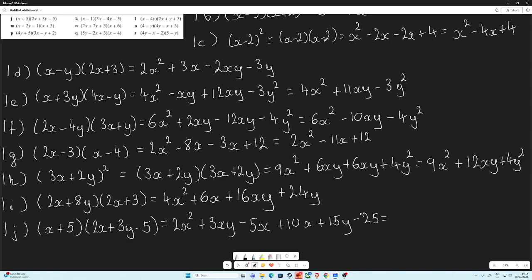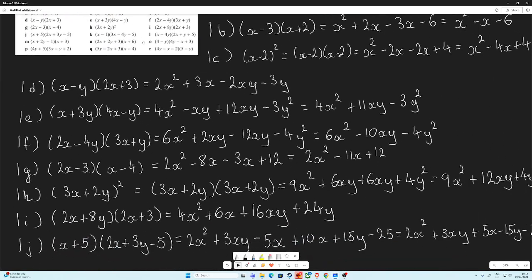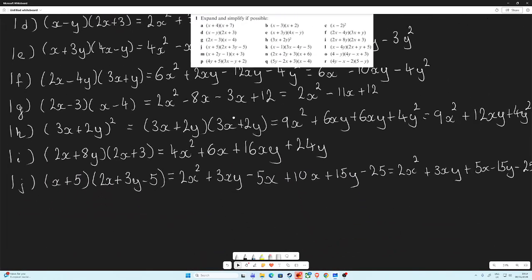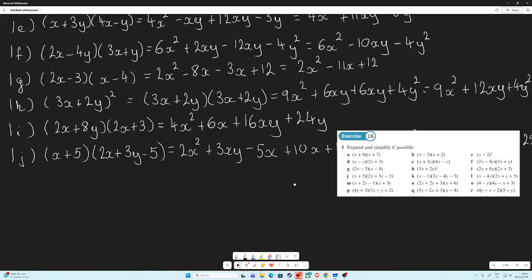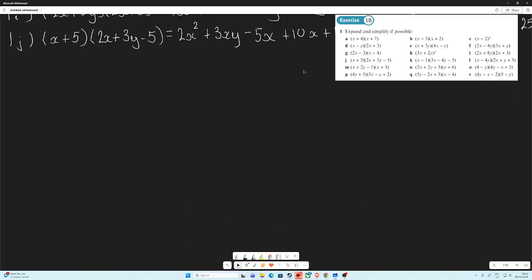I can simplify slightly, so it's going to be 2x squared plus 3xy plus 5x minus 15y minus 25. Let's bring it here. Okay, so that's